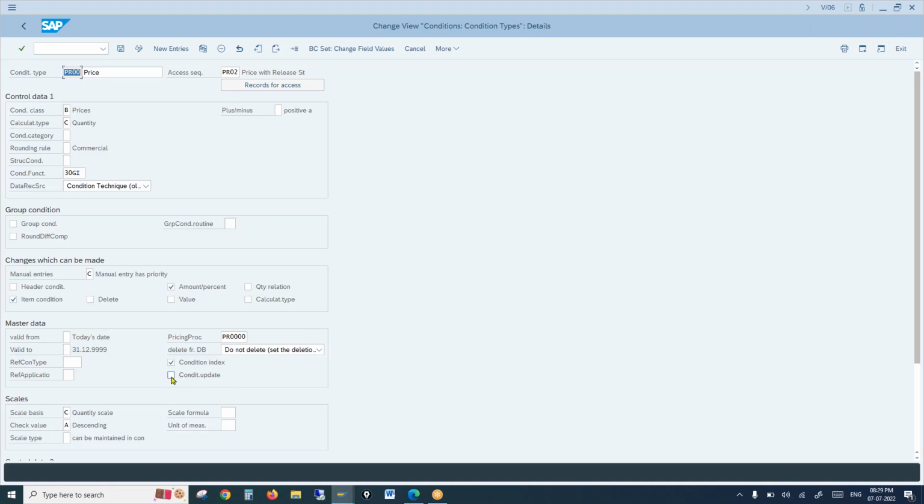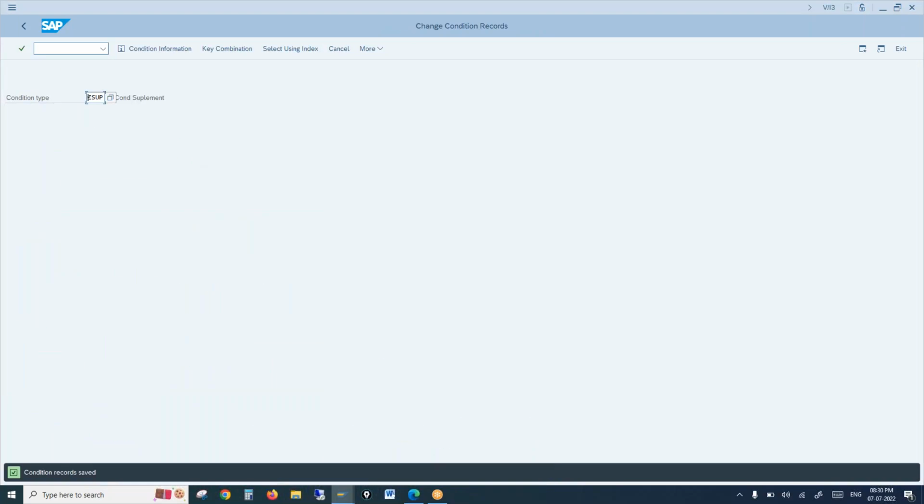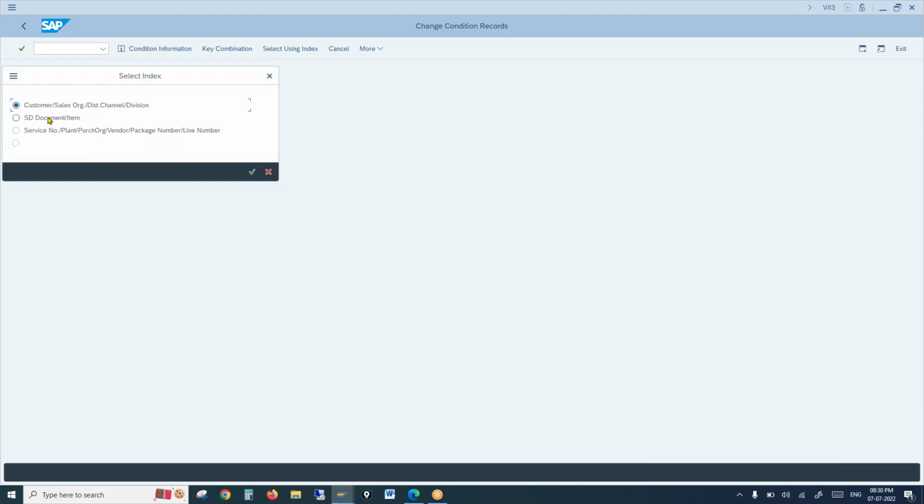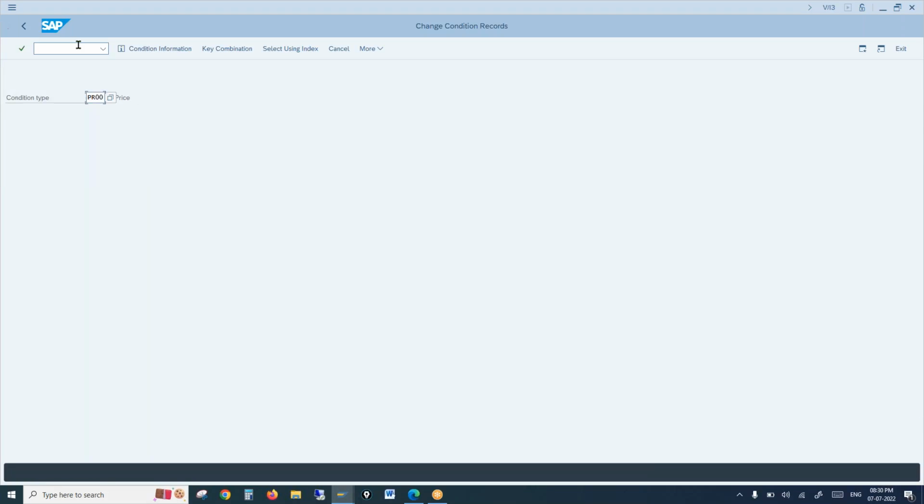The next is condition update. So condition update is also a kind of discount. So when we want to propose this discount, when you will be proposing this discount for condition update, let's say if I take you to condition records, here we are in this screen. So I'll go to PR00 and we are in index